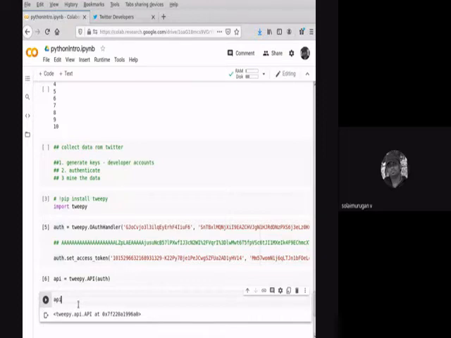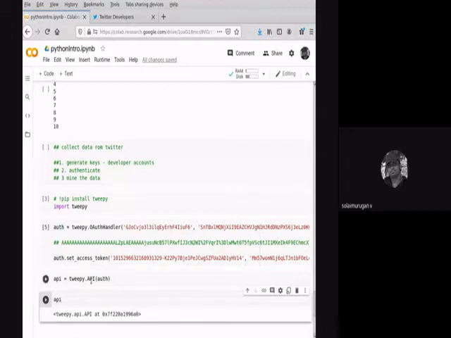If you want, I'll just rerun once again. I just created the keys. Then I passed the total of four keys. I passed two keys in the OAuth handler. The next two keys are tokens, which I passed into the set access token method. Totally four keys. This is similar to the username and password.